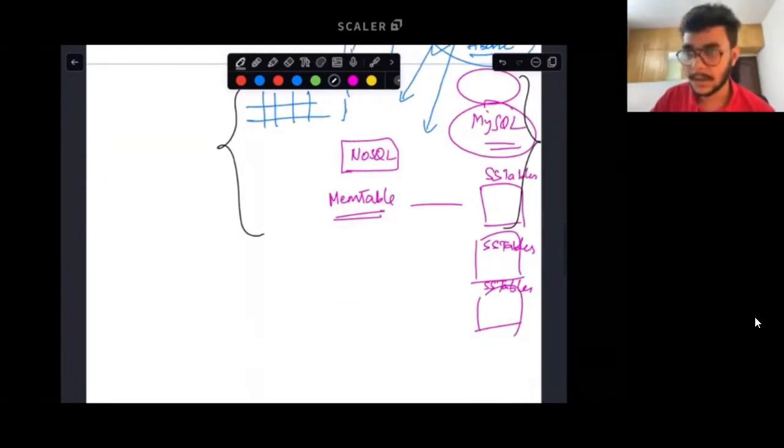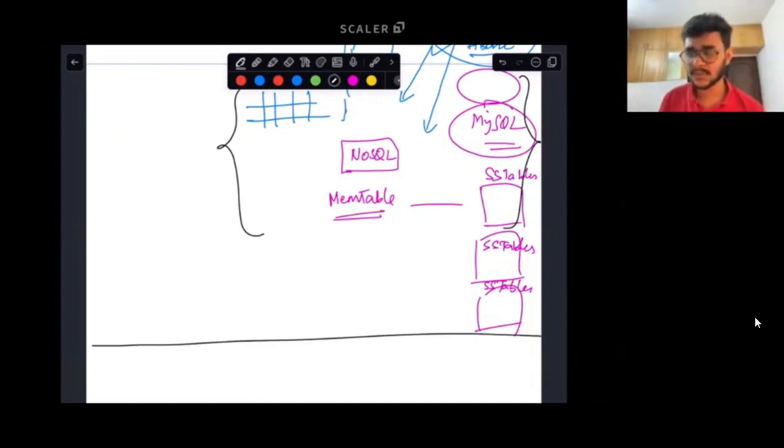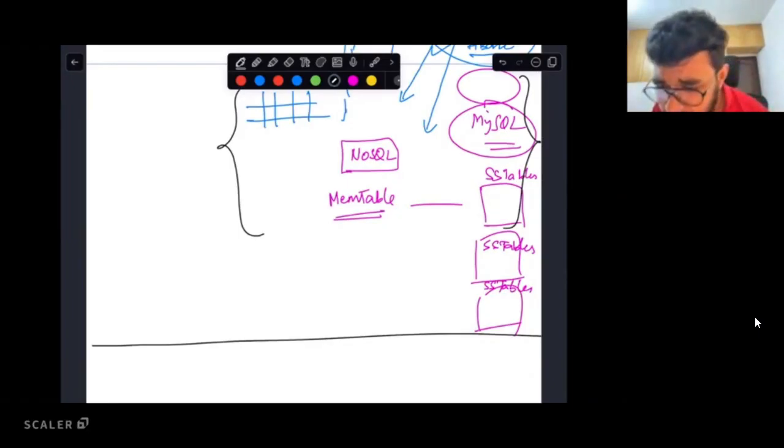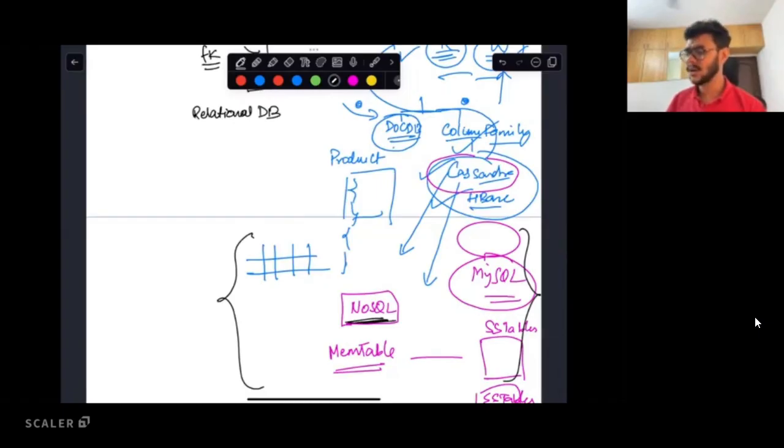Cool. All right, guys. So this was precisely what I wanted to discuss, at least with respect to the database choice for a messenger kind of a system. And yeah, she's saying it's stored in sorted order. So if you mean by storing data in sorted order, then yes. Databases like NoSQL, like Cassandra, give you ways in which you can sort the data in a specific partition in a specific column, right? Those facilities are available over there. But if that is what you meant by top, then yes, this is good, right?